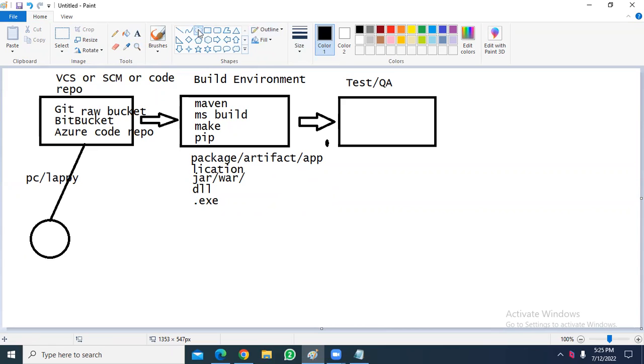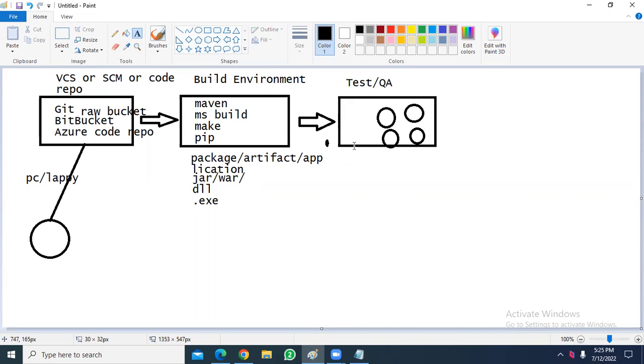Just for the sake of simplicity, I am showing some servers here. This is actually a complex environment. In this area, the code will be tested thoroughly. The testers will conduct various testing like load balancing testing, performance testing, regression testing. For doing all these operations, they are going to use tools like Selenium, some automation tools.